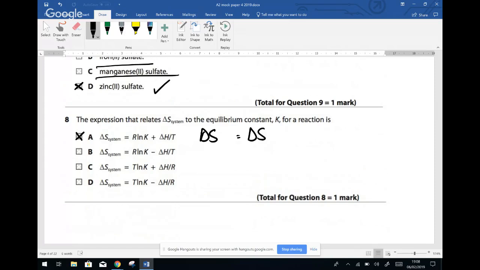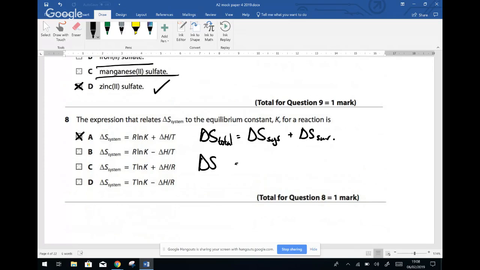There is delta S total equals delta S system plus delta S surroundings. So then what we realize is if delta S system is that, then we can also know that delta S system equals